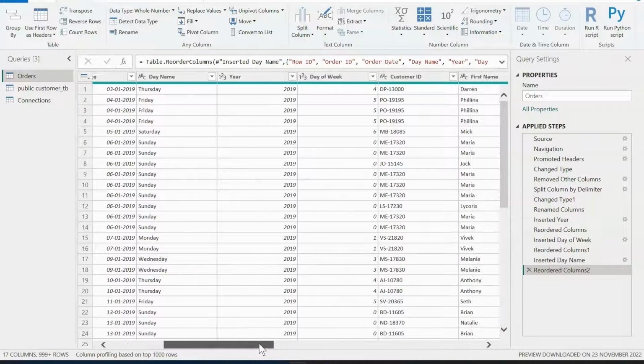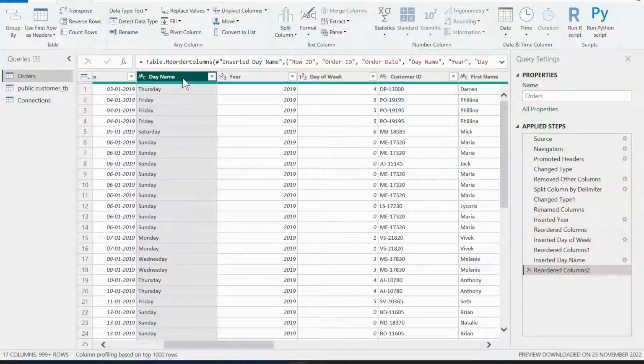Okay, so this is my text column, right? Now what are the different transformations that I can apply on this column? By selecting that particular column, you could see there are a few options that have been highlighted and some of them are grayed out. All the ones that are highlighted or enabled mean that these transformations can be applied on this particular column. Because it's a text column, we are able to select transpose, which is like treating your rows as columns and vice versa. And we can also